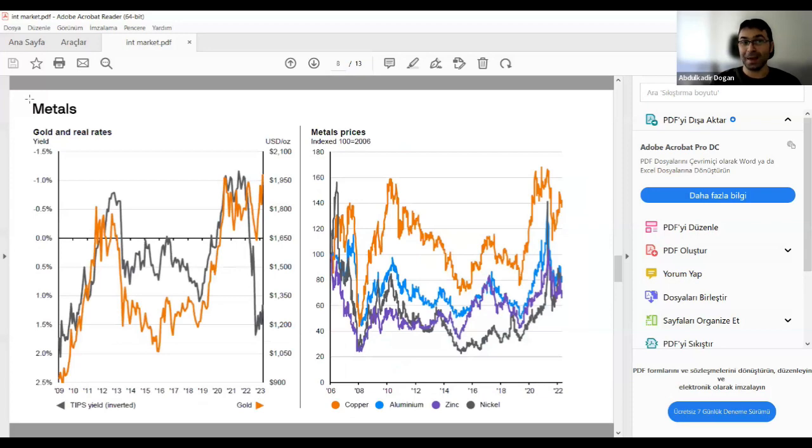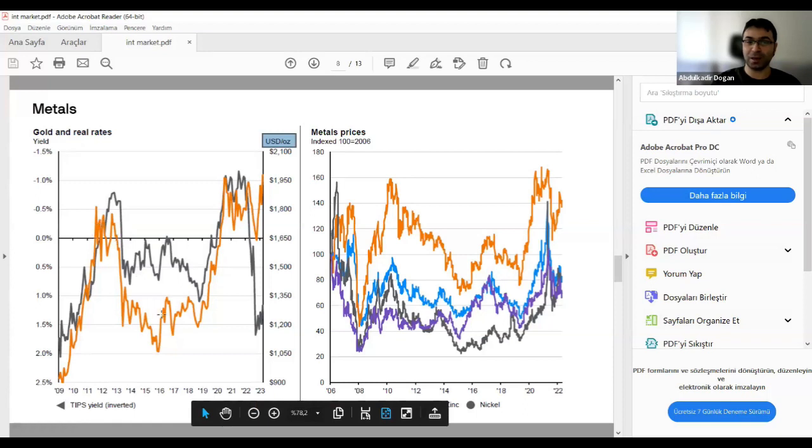Other metals. Please look at the metal prices right now. On the left-hand side, you are seeing gold prices, in USD per ounce. This is the orange line, okay. The gold,